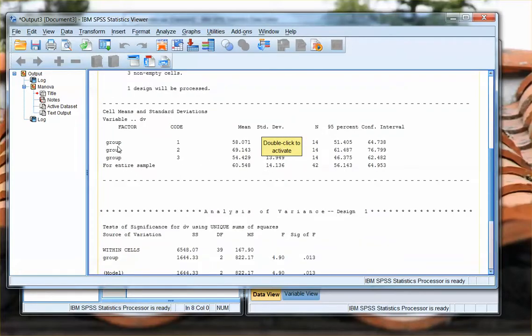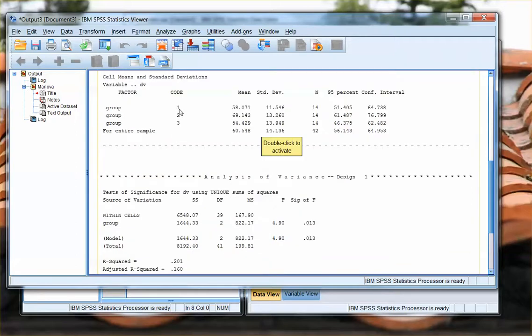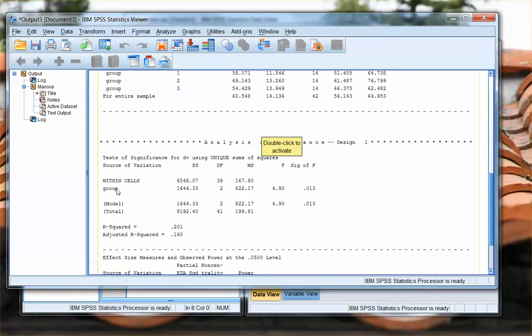So here's your group, and group 1, 2, and 3, that's the code. You could use a value labels command to put actual labels in there, means and standard deviations for each group, and check your Ns to make sure that you've entered the data properly. Now you've got your source table, right? And so your sources of variance,